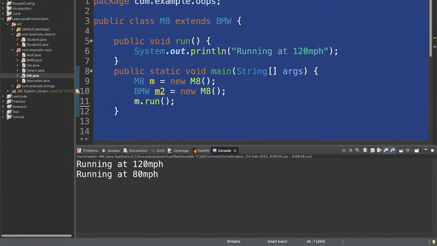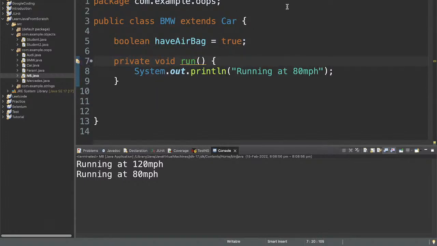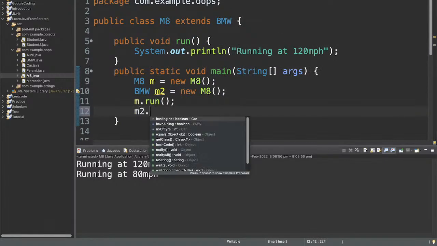Now can you see, do we get any error? No, correct? Now if I say m2.run,